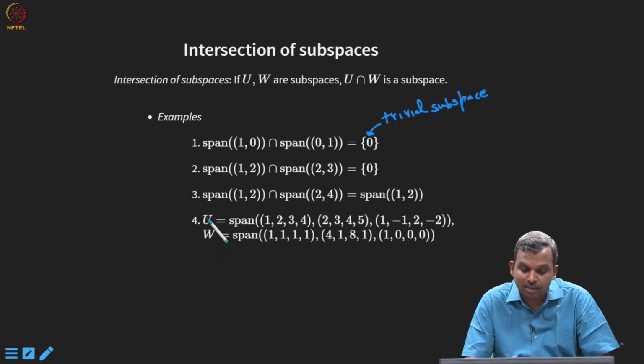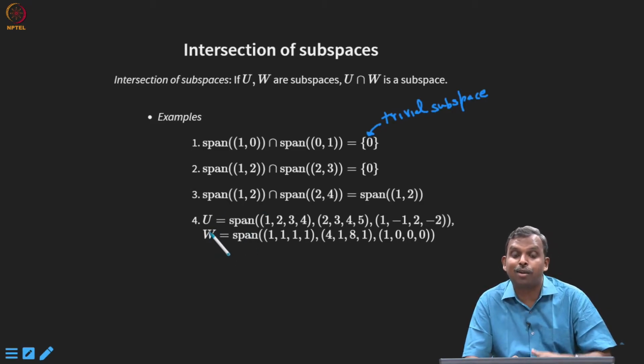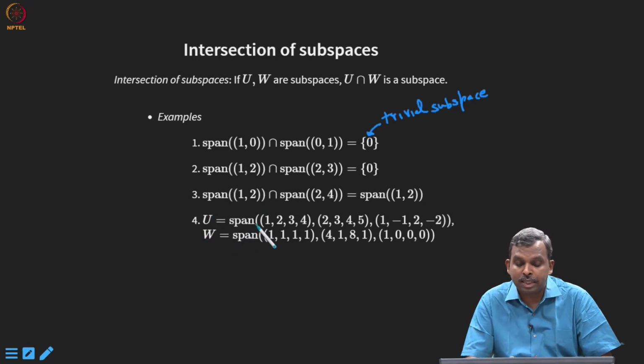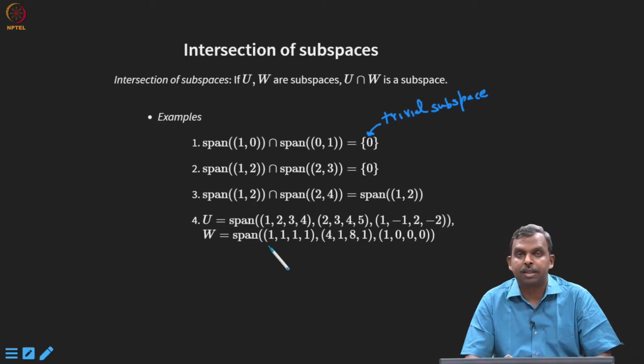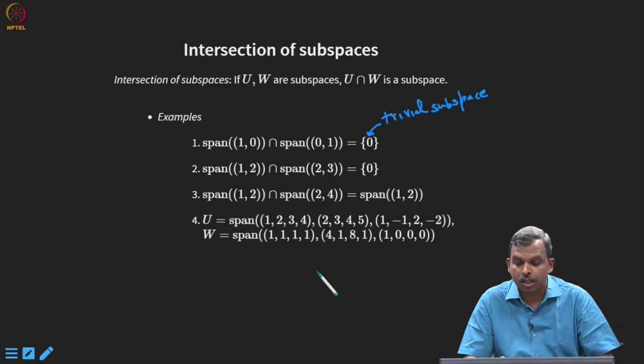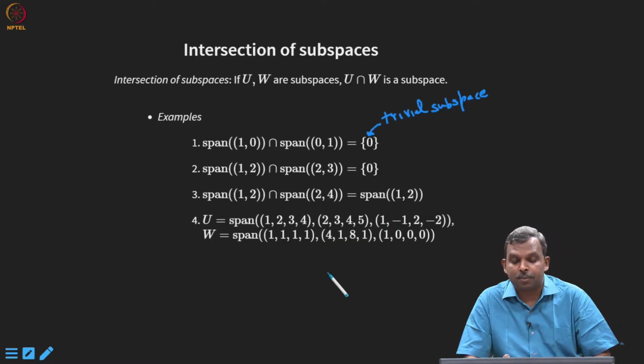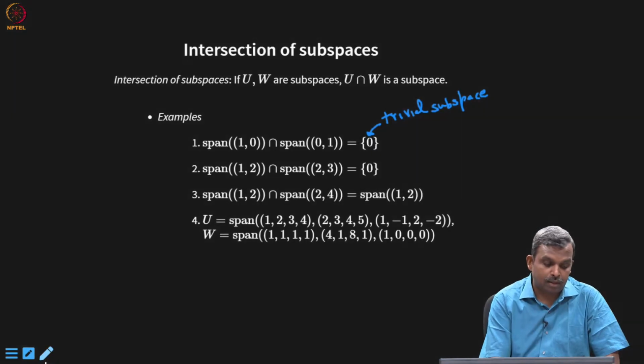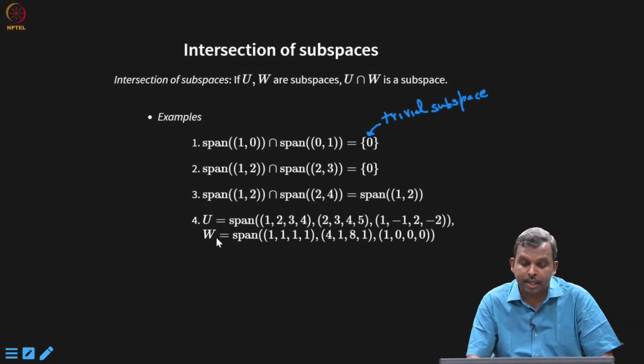Okay, let's move on to this slightly more interesting question. I have R4 here and U is a subspace spanned by 3 vectors. They are given here: (1, 2, 3, 4), (2, 3, 4, 5), (1, -1, 2, -2), same as the previous slide. Okay, and W is another subspace that's spanned by 3 different vectors. They are given here. Okay, I think let's just erase that. So they are spanned by 3 different vectors. So the question that's being asked here is, what is the intersection of